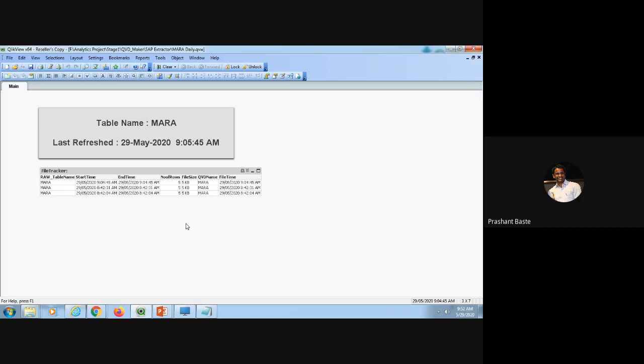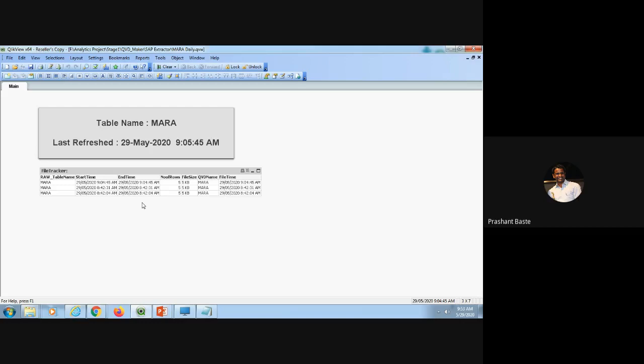If I don't have any kind of tracker, then forget about this information. You will not get this information at all, about when this happened. But if I have the file tracker in place with the start time and end time, firstly I can identify whether it is taking the regular time.